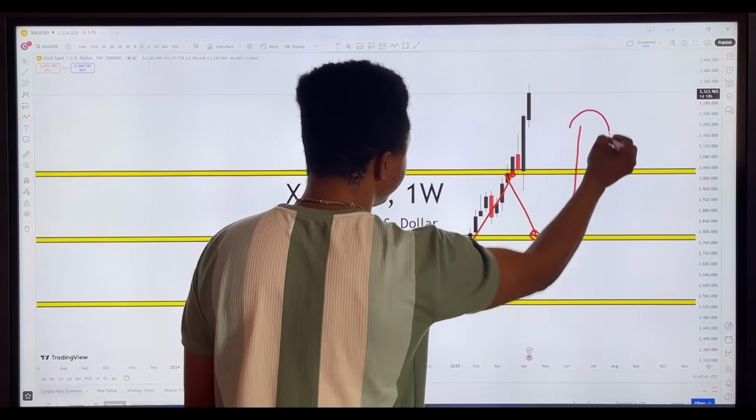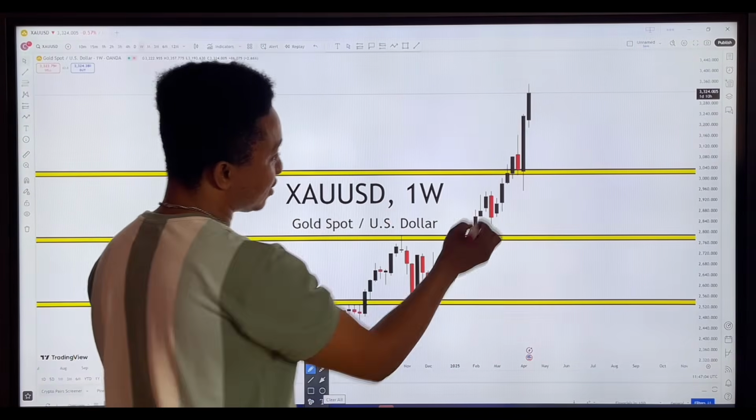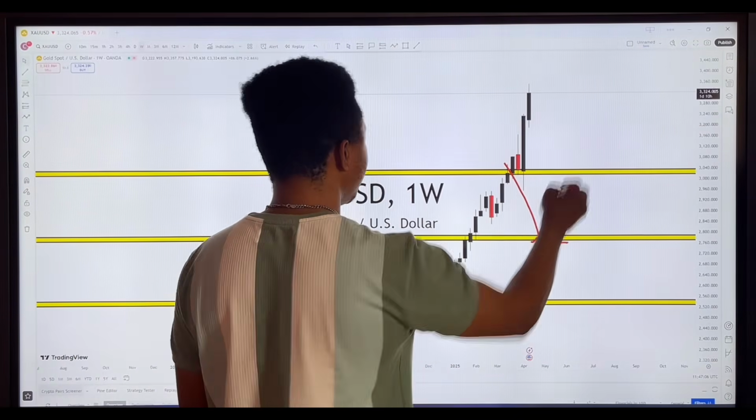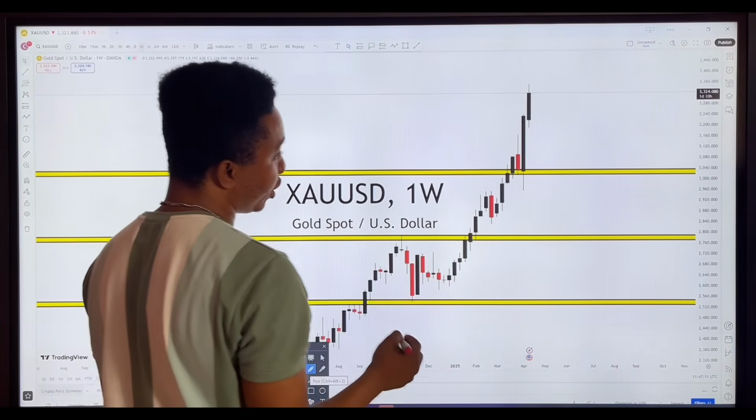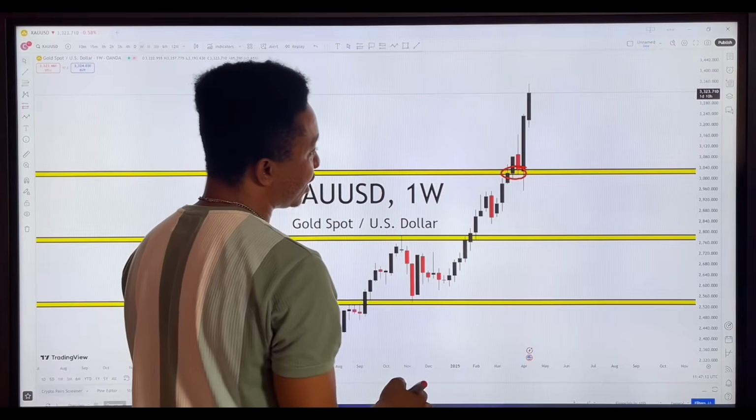A higher low again before it went all the way up. Why is it that sellers couldn't bring the market back down to create a higher low before buyers came in? Because the buy pressure was so strong. The buy pressure was strong enough that when price made contact over here, even though there was